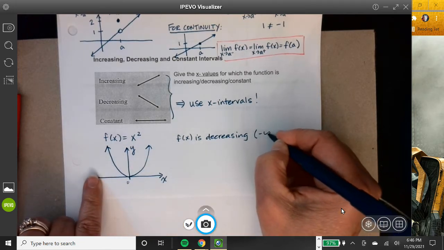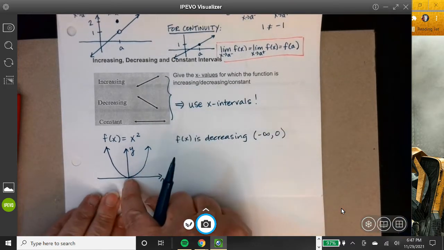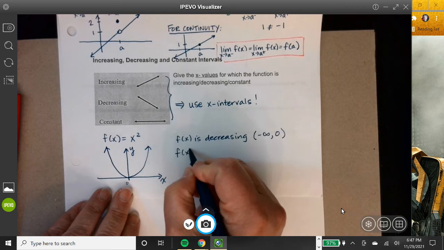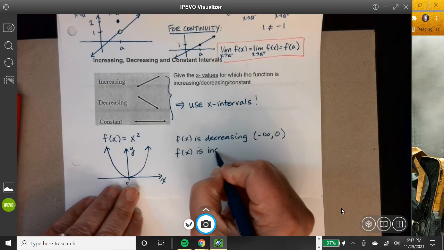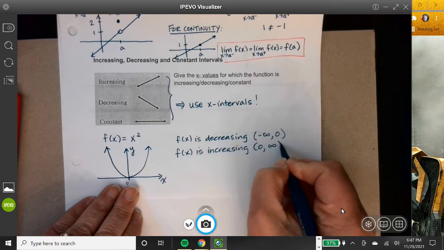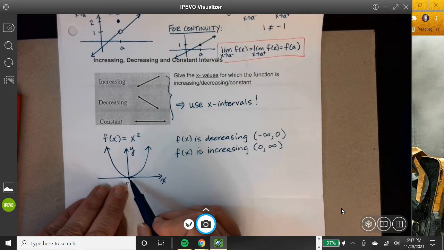From negative infinity to 0. And when you go past 0, your y values are increasing. So you would say f of x is increasing from 0 to infinity. Now, I like to think about physics here, and I say at 0, it's neither increasing